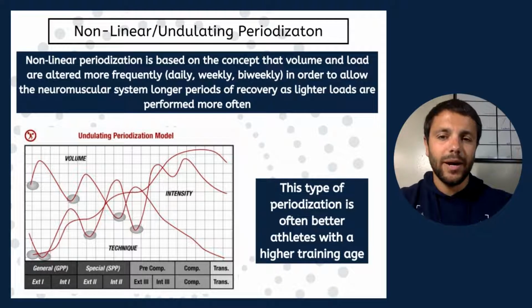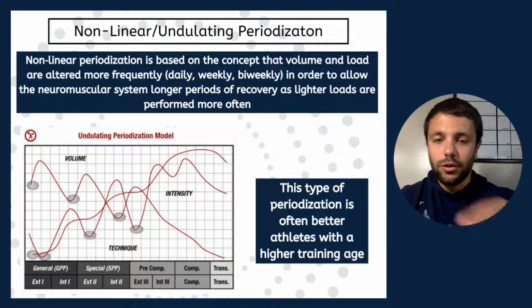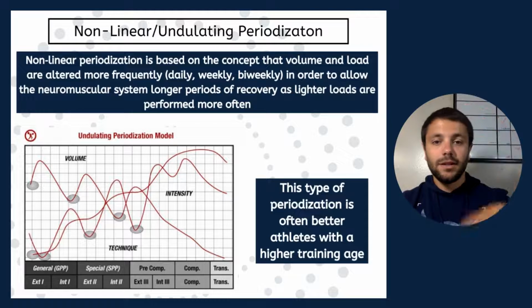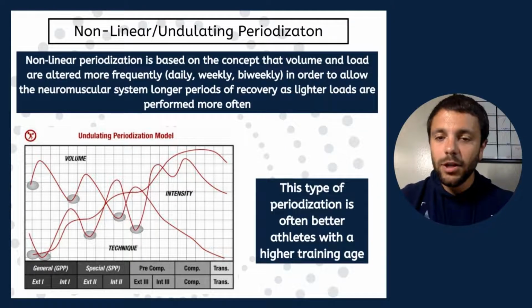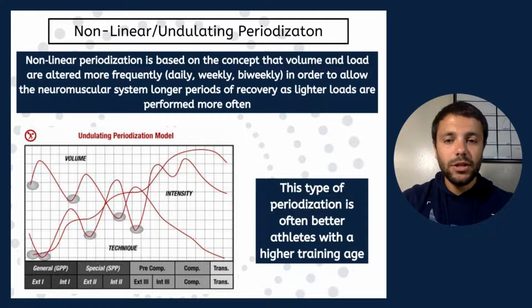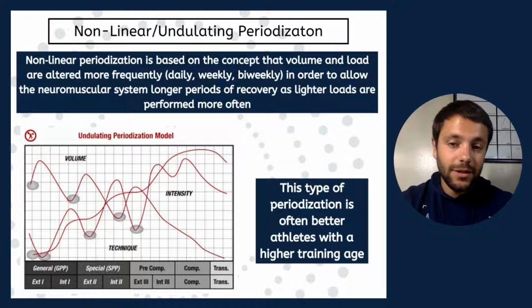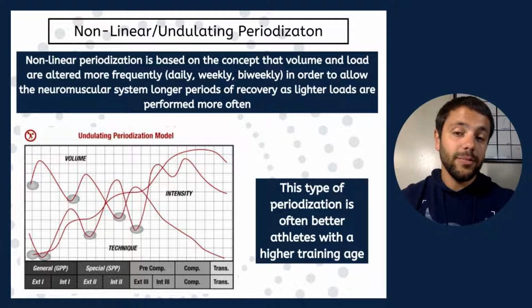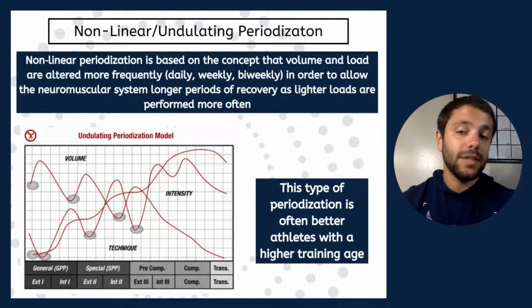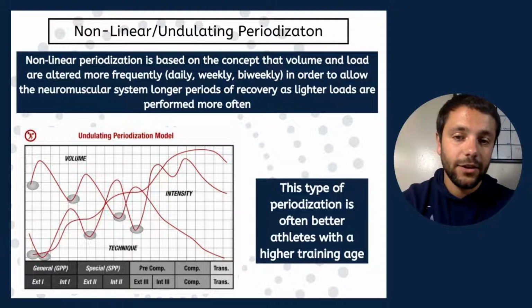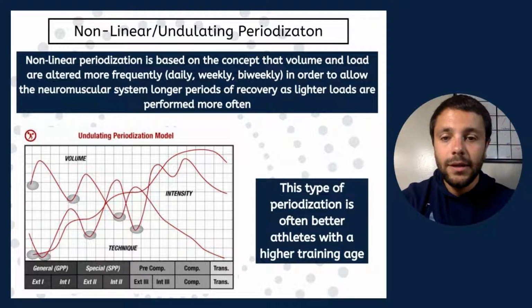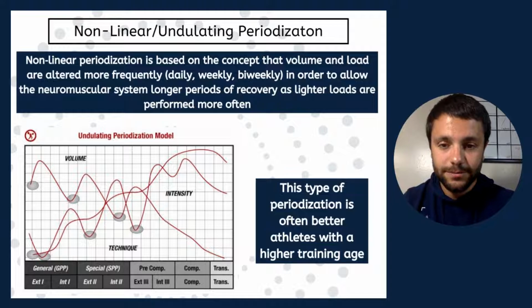So as you can see in the bottom left graph here, there's a lot of troughs and valleys. There's a lot of highs and a lot of lows. And as you can see, volume and intensity are still going to have the same relationship. So as volume goes up, you can see the line for intensity goes down. Volume comes down, then intensity goes up. Volume goes up, intensity comes down. And same with technique too, right? Intensity is going to follow a very similar line with technique there for the most part.